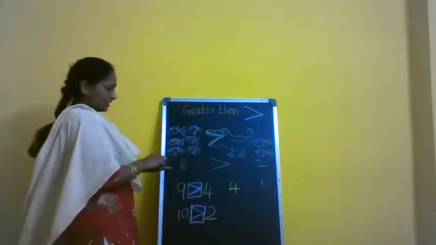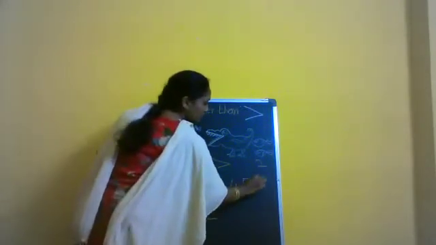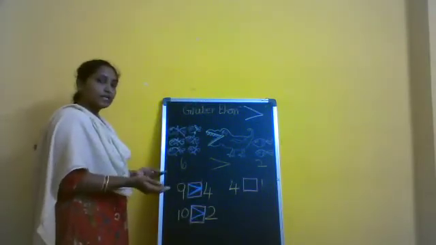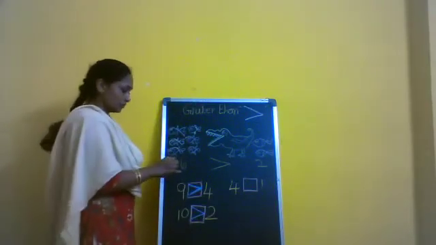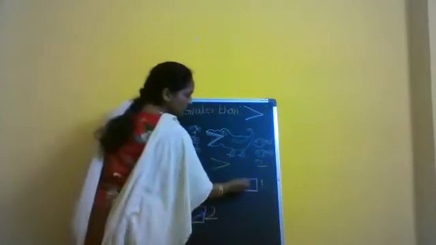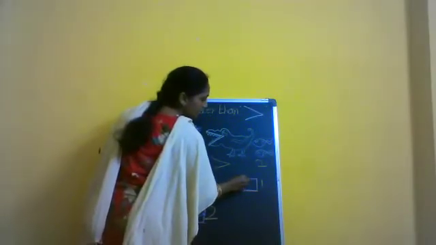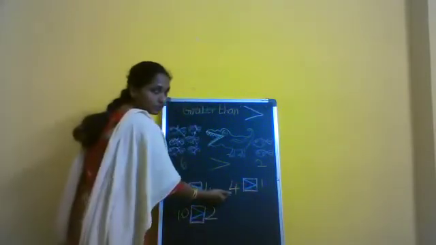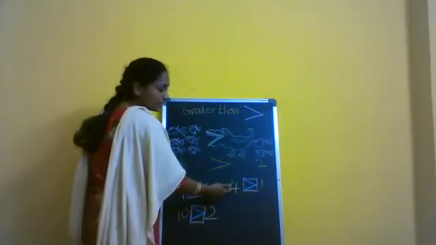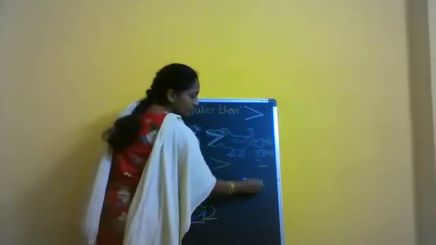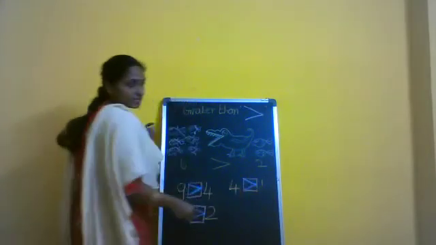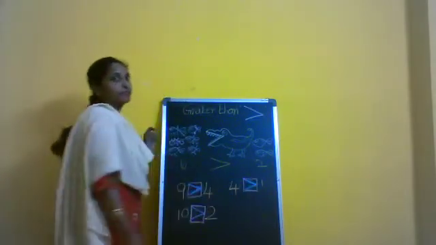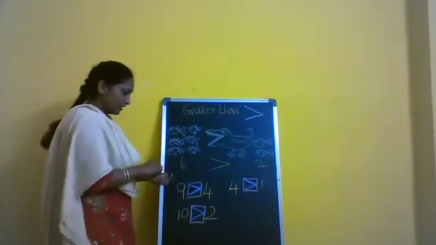4 and 1 are there. Which number is greater here? Crocodile, whenever it feels hungry, wants to eat more. So, on the more number side, it will open its mouth. Shall we frame a sentence? 4 is a greater number. So, we kept the greater than symbol. 4 is greater than 1.